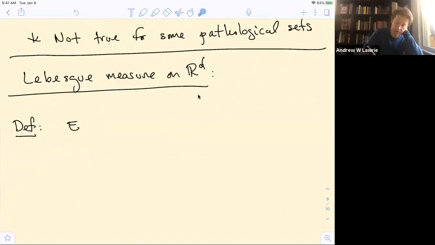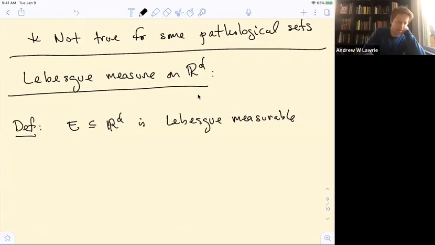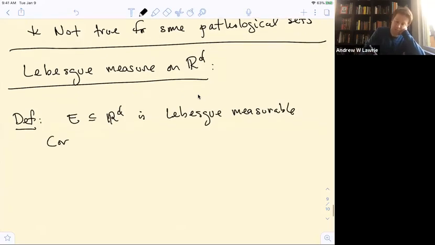Okay, the definition is that a subset E in Rd is Lebesgue measurable, or just measurable, or we just say measurable, if